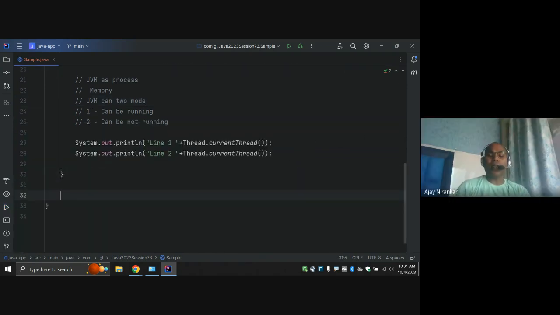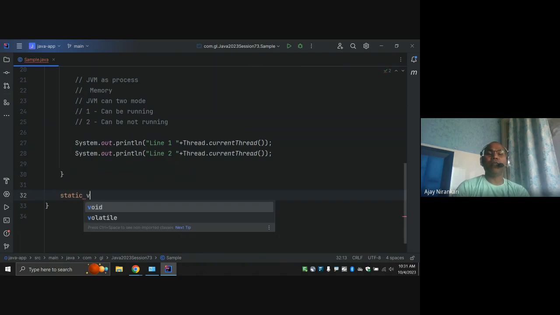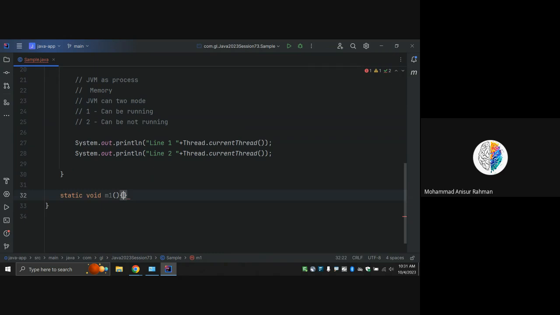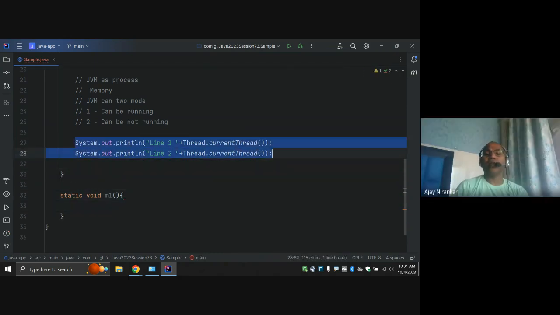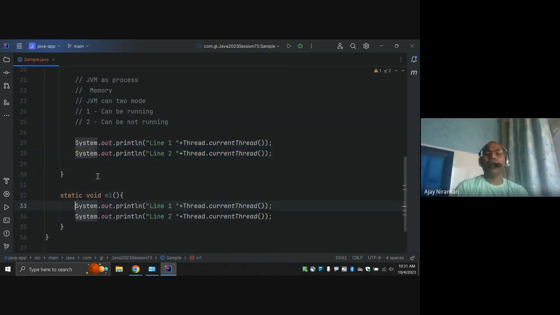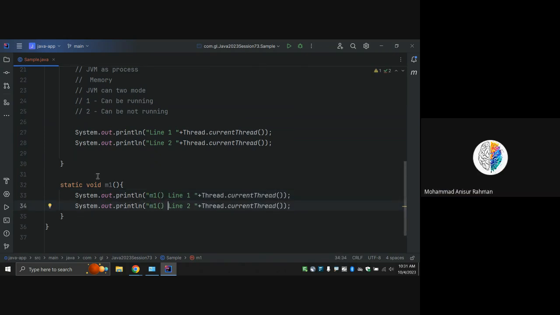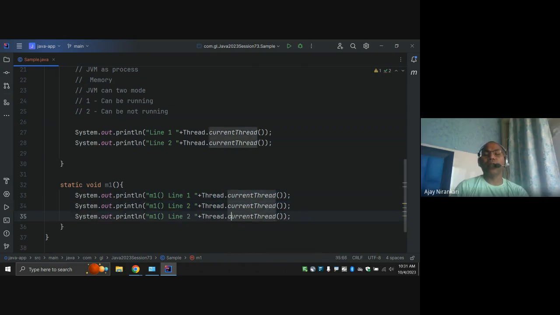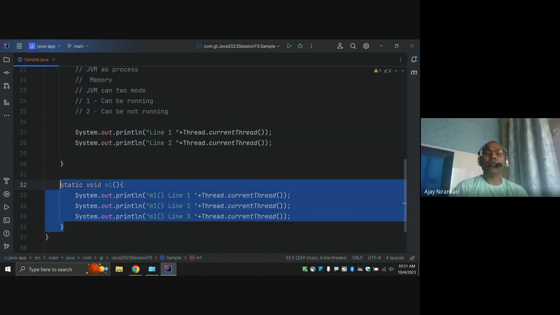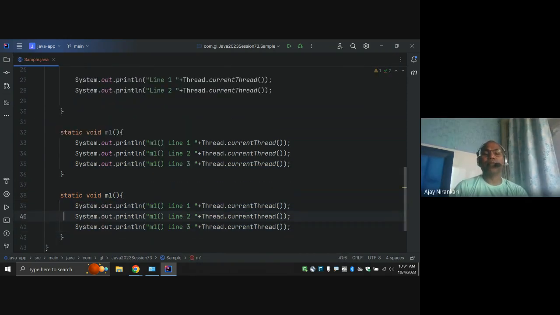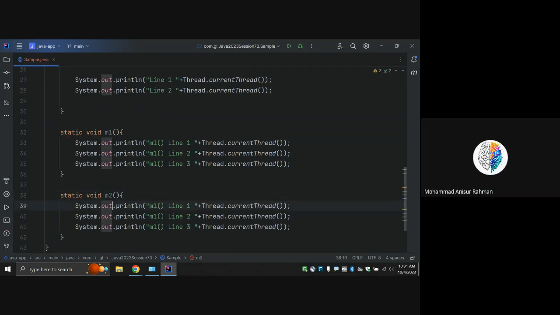Even so, let me write a static void method M1, and I write the same code here. This is M1 line one, and this is M1 line three. Similarly, let me write M2, a second method.